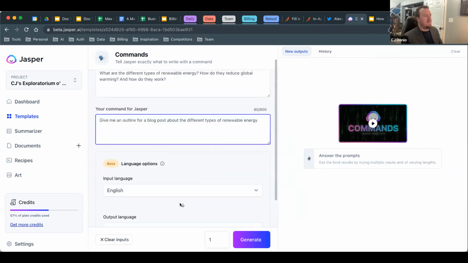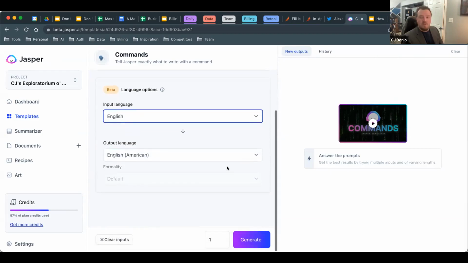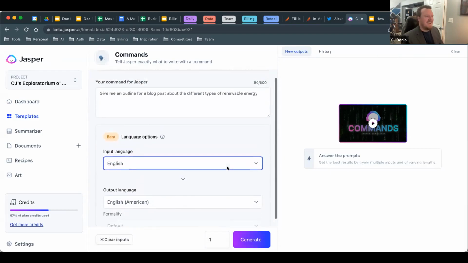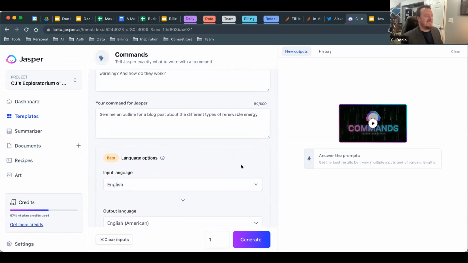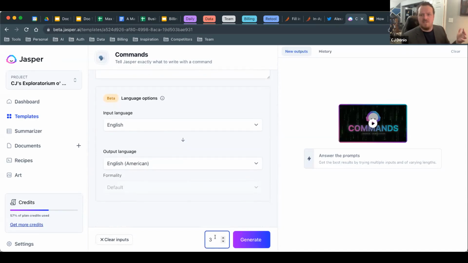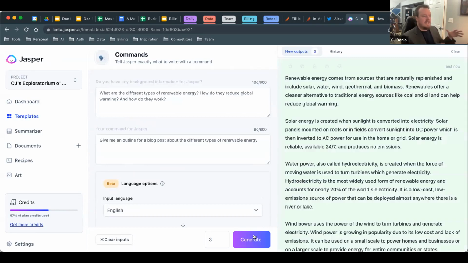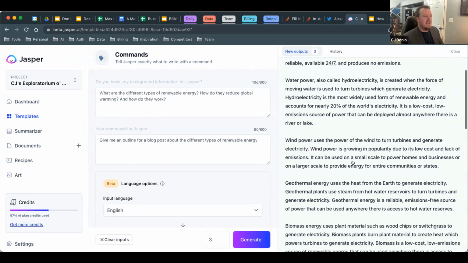So a couple of things I'll point out here. Here's where we can change our language, input language as well as output language. I'm not going to try Japanese. You don't want to see me struggle through that. You can also adjust the content outputs here. I always think of this as comps. It will give you a few different examples to play with. So let's see what he comes up with here. And by the way, while this is generating, I've got an intro to my article. I've even got some random facts. I'm hoping he gives me some information I can tie in with what I already have.